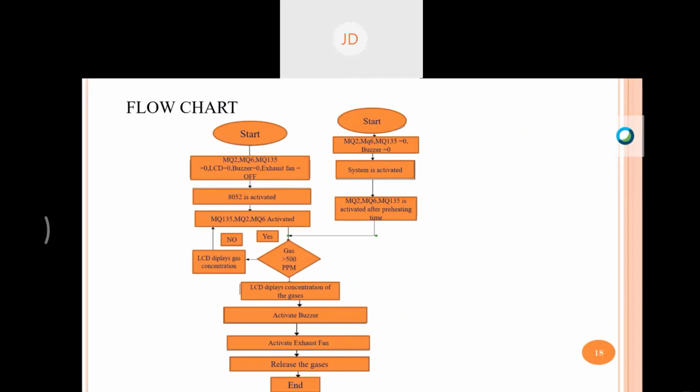Thank you, Julie. Good afternoon, everyone, respected teachers and my fellow mates. As the components have already been described quite well by Kalyan, I would like to state the organization of the components and the working of it with the help of a flowchart. So here we have a microcontroller 8052. It is given a constant power supply of 5 volt DC by the 7805 voltage regulator, and an LCD is connected with it, which shows the gas concentration in parts per million.